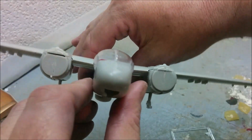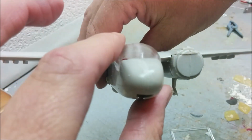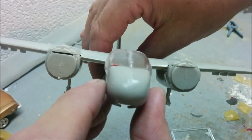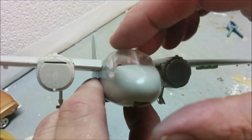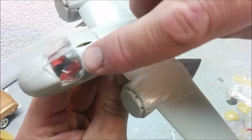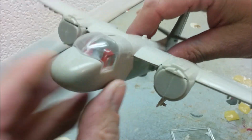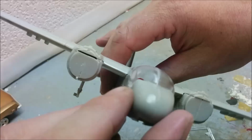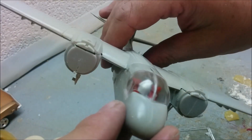And the cockpit, as you can see, I've already done some filing before I glued the thing on. It's basically fitting where it touches. You can see there's a gap on either side of the corners here. And I've actually rubbed down the fuselage here and here to get it to follow the profile of the canopy a little bit more. And the actual windows are nowhere near as extensive as the glazing. And really, we're never going to see a whole lot inside there,